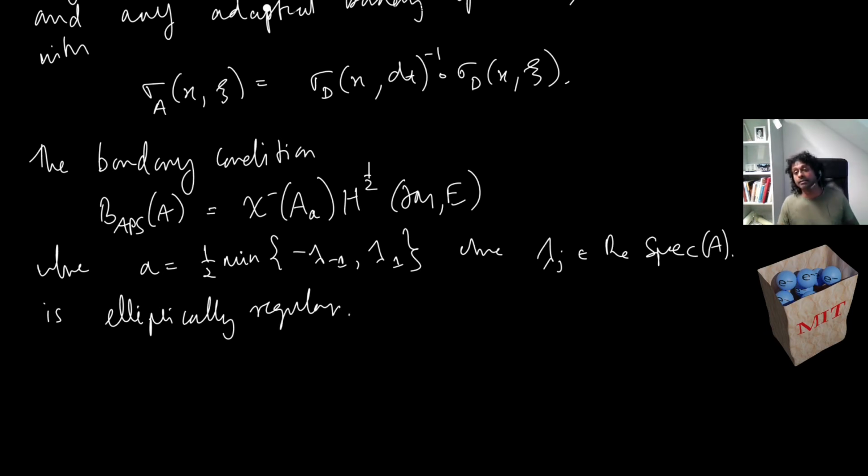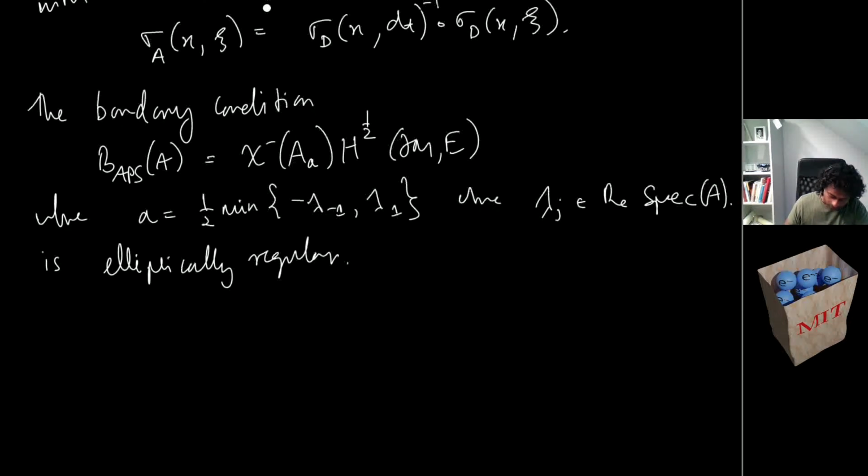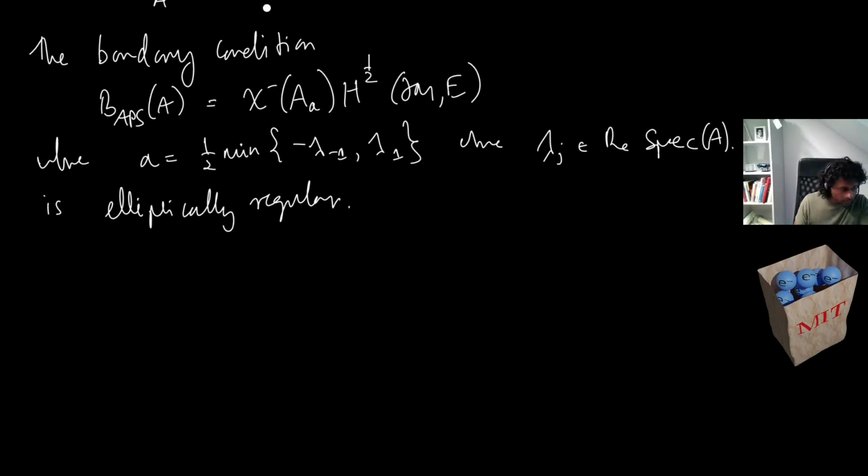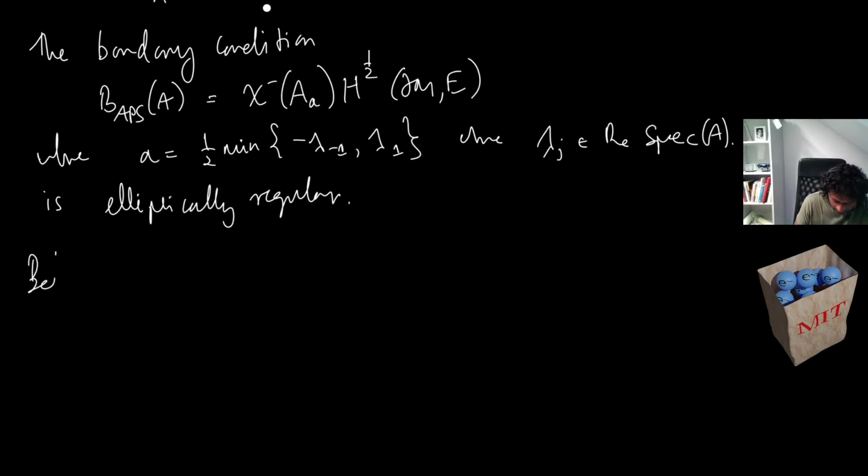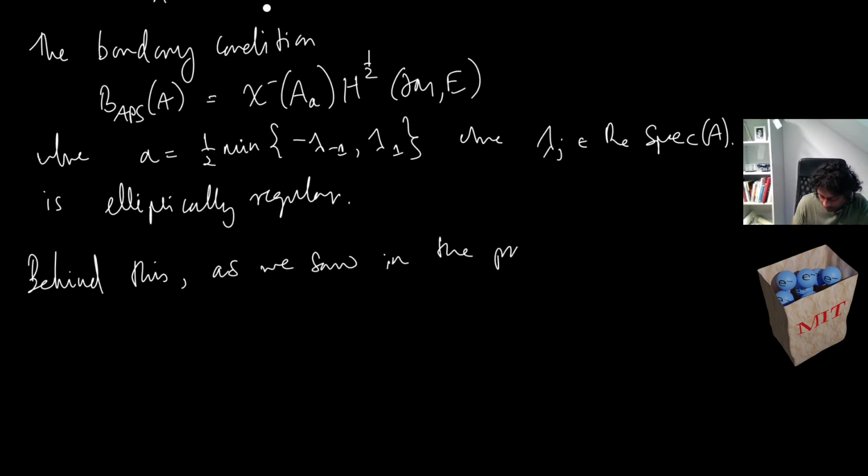So we've already seen this in the APS section. When we were talking about the APS boundary conditions, this is how we define the APS boundary condition for a general adapted operator A on the boundary. So what is behind this? Behind this, as we saw in the previous lemma, as we saw in the proof of this fact,